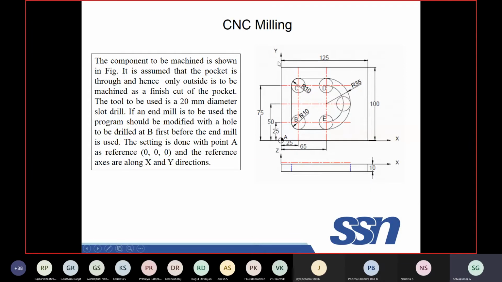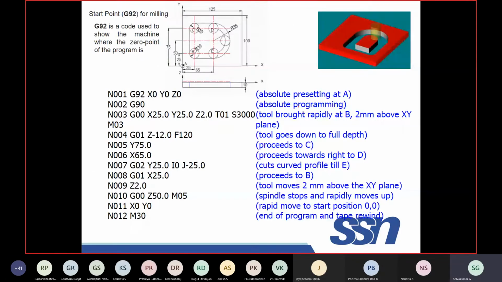So all the coordinate values you have to set in the machine. For instance, here the coordinate value is 0, 0. This one you have to set in the machine. You have to give input that which point is the reference point. So this is taken as a reference 0, 0, and you have to do the milling operation. So in milling, you have to make a hole in this job. Okay, this is the program.